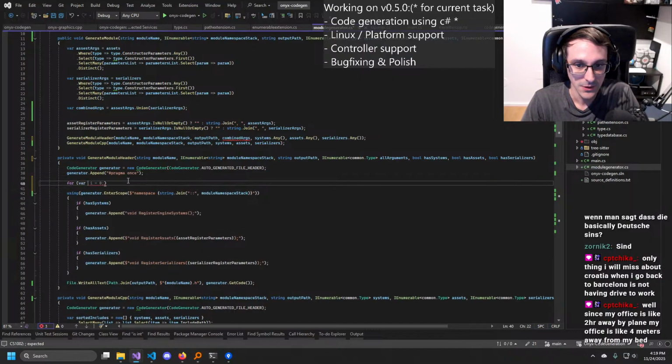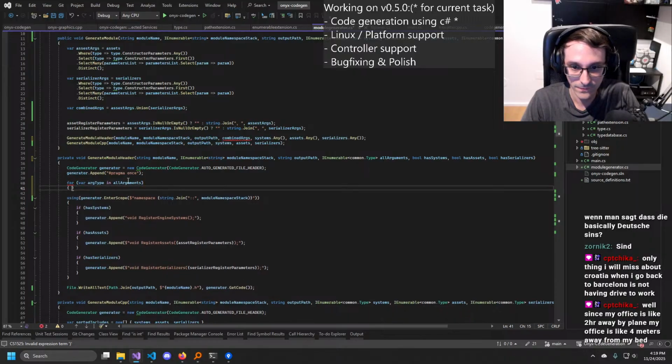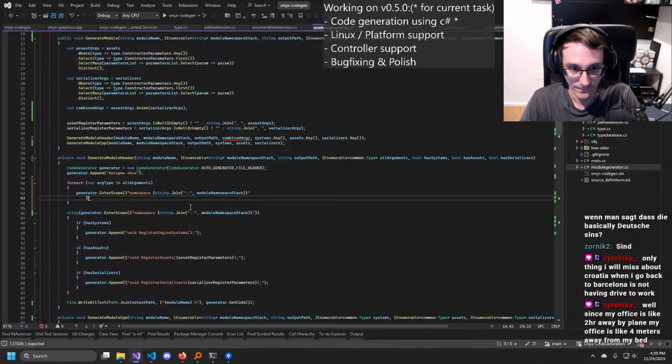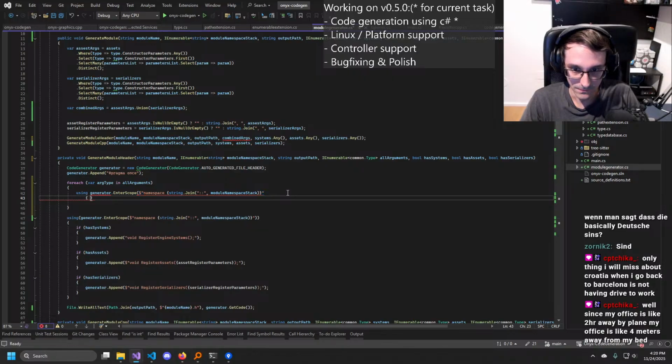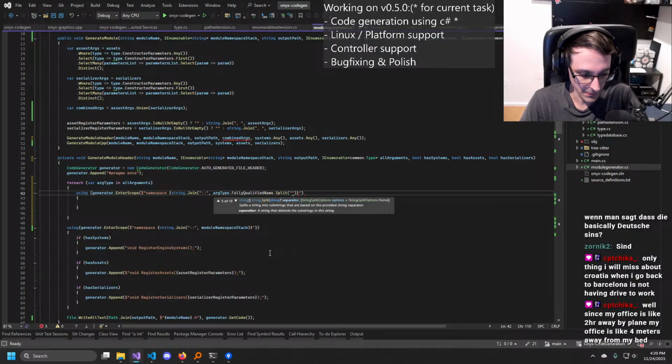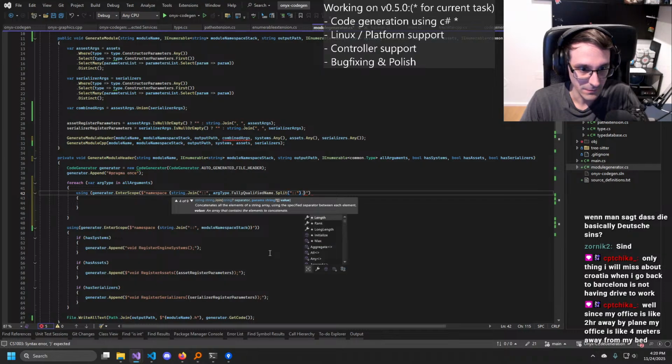So for each var arg type in all arguments, we generate the enter scope, which is a namespace of our archetype fully qualified name split on colon colon, and then take